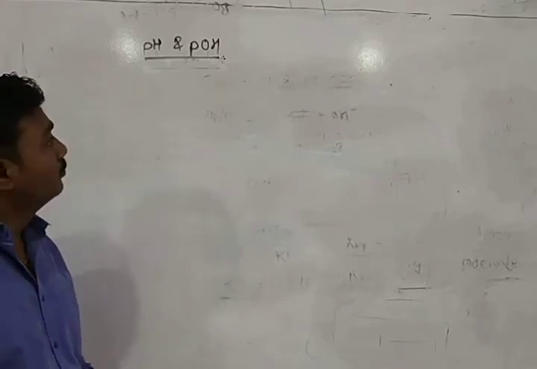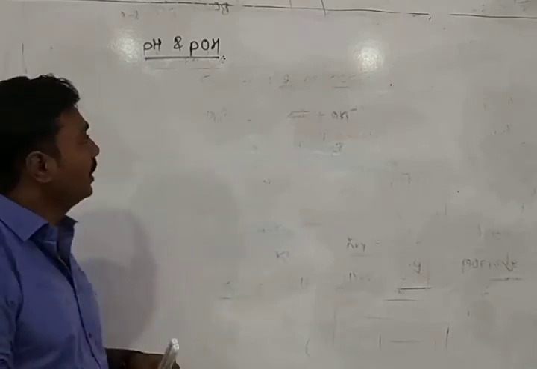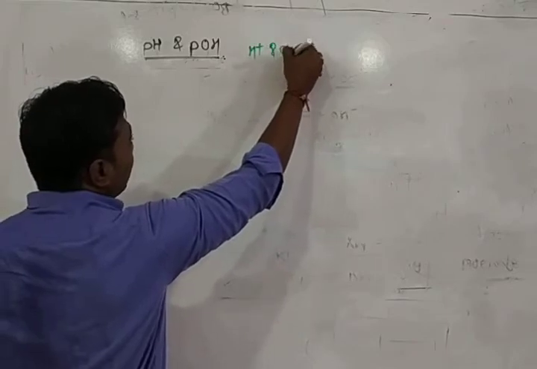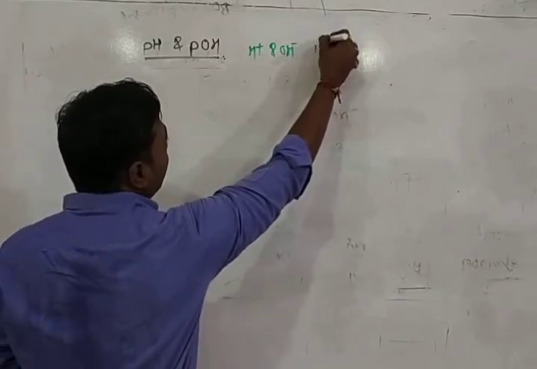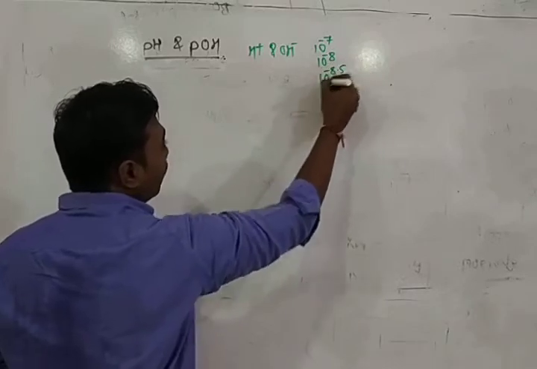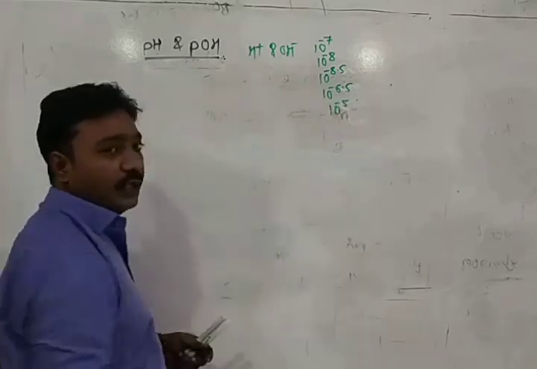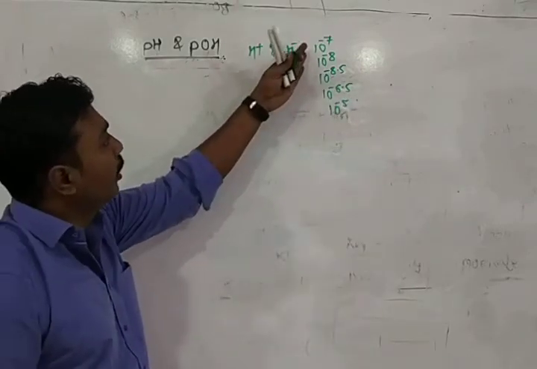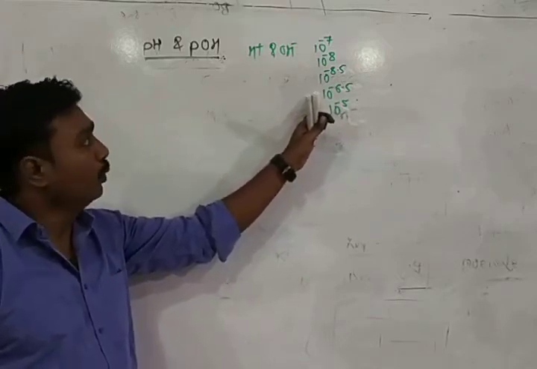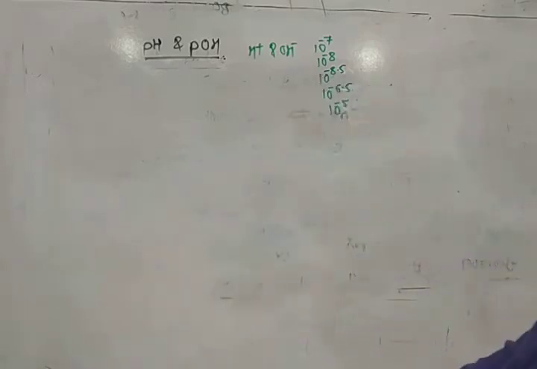It is not significant to always write the concentration of H plus and OH minus in powers of 10, such as 10 to the power minus 7, minus 8, 10 to the power minus 8.5, 10 to the power minus 6.5, 10 to the power minus 5. It is not significant to write the concentrations of H plus and OH minus ions like this. So, in order to identify acids and bases,